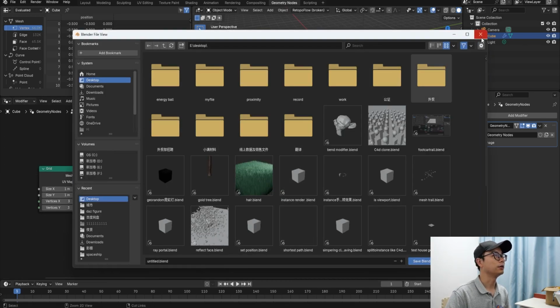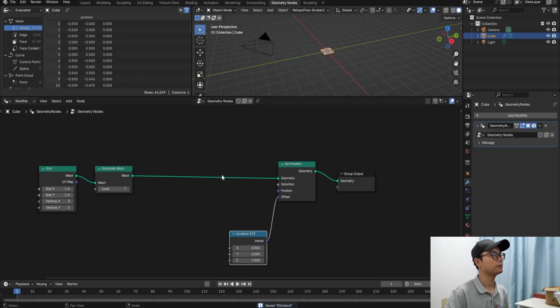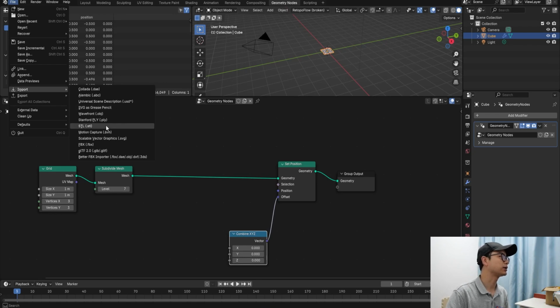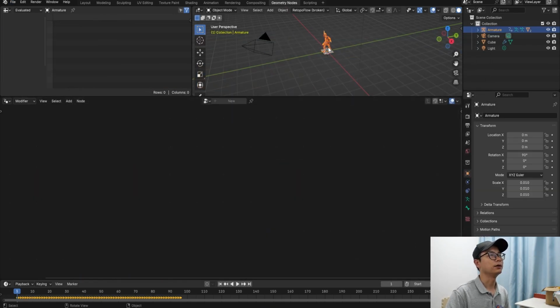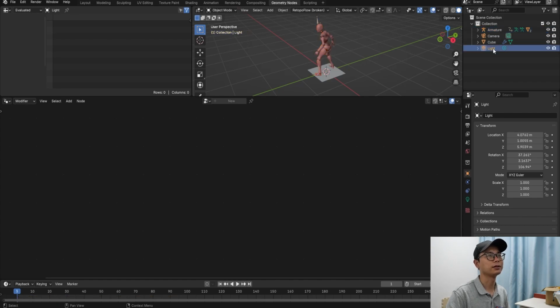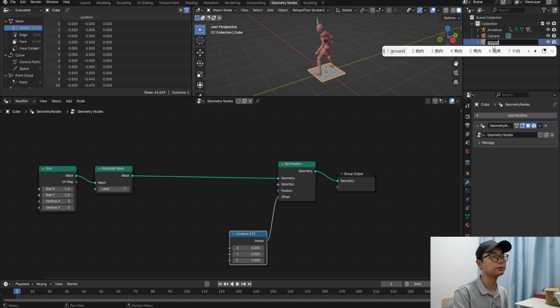So first we need to save it. Okay. Then we will import the character. So FBX, yes, this one. This one I got from Mixamo, and it's a free platform for you to download many characters and character animations. So here I will rename this to ground,